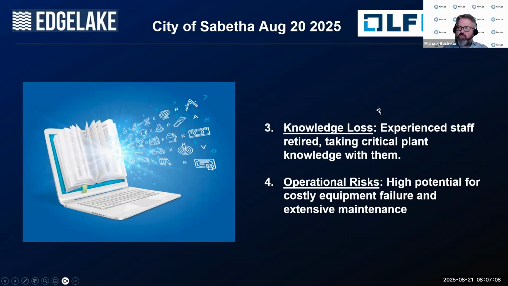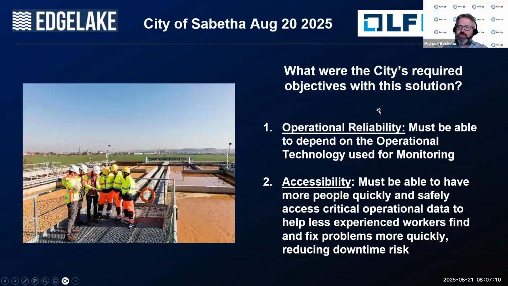What were the city's required objectives for this solution? I'm going to back up here just a little bit, and I told you what triggered it. Let me talk about the infrastructure, not the technology infrastructure, but the city. The city's a small town. It's 2,500 people, and it has a water plant. And not every town produces its own power. We do. So we have a power plant, and we have a wastewater plant and a water plant. And those three plants, they're the utility production to the city.